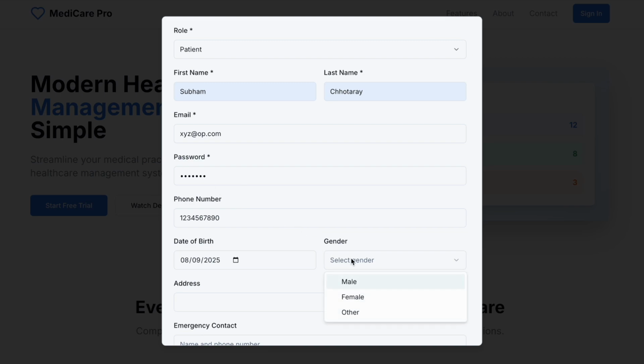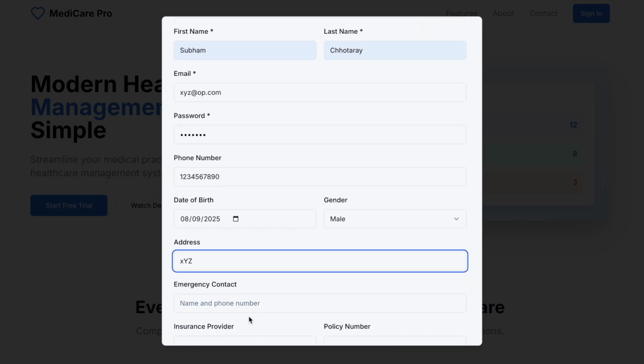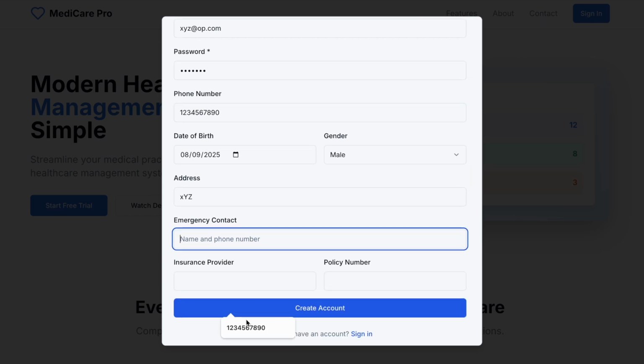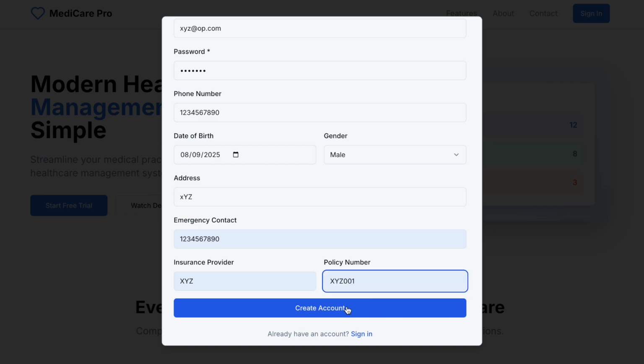Some random date of birth. Emergency contact, let it be insurance provider XYZ. Policy number also a random one, and we have created the account.